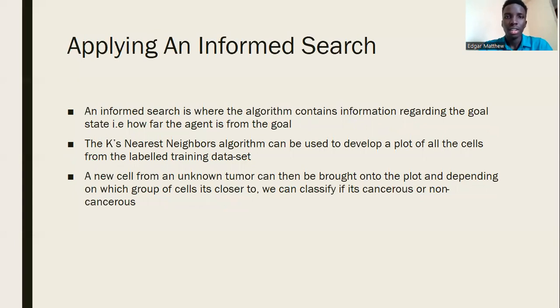Informed search is whereby the algorithm knows how far it is from the goal. An example of an informed search is a graph search. Those of you familiar with graphs, there's something known as weighted graphs, whereby the distance between nodes has a particular value, basing on, let's say, a problem of distance between cities, or the energy it takes to move from one node to the next. So with that, if an algorithm were asked to reach a particular node within a particular number of steps, it knows the target number